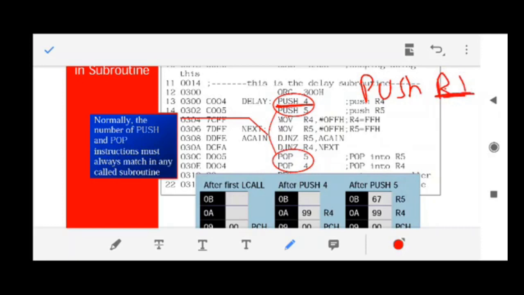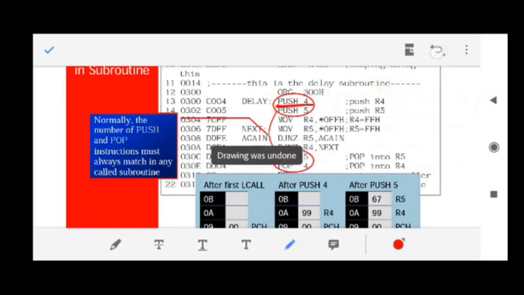So let us see. This is the push. Push 4. The syntax of push is push and a register. So either you give the register values like A, B, R0, R1, R2, R3, R4, R5, or you can just simply write 1, 2, 3, 4, 5 till 7. You cannot give more than 7, it will give an error.